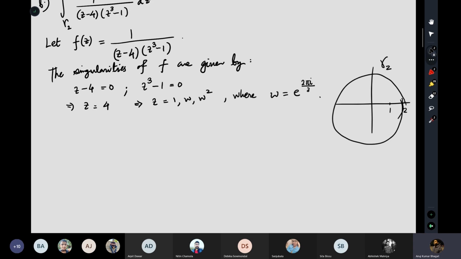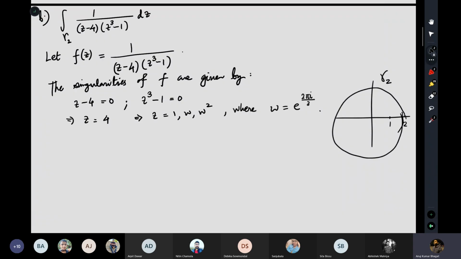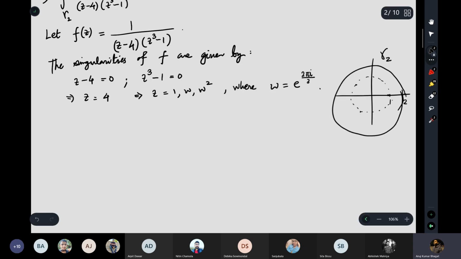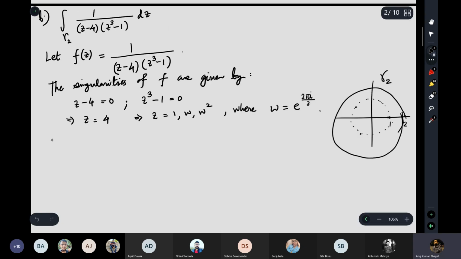Okay, you want to tell me? 1, omega, omega square. That's correct. 4 is not there definitely, because 1, omega and omega square lie on the unit circle. So 1 is here, omega will be somewhere here, omega square will be somewhere here. So they are all inside gamma 2, but 4 is outside. So therefore, by the